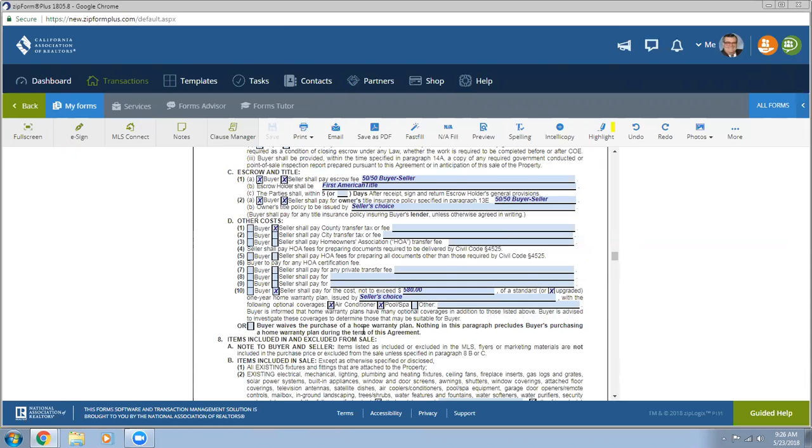So why do we have this? Why do we have to make everybody aware of this if the buyer is waiving this? Because if you don't buy it before the closing of the escrow, and then 2 months down the road, you say, you know what, I should have purchased that extended warranty. I'm going to buy it now. But you've been the homeowner for like 2 or 3 months already. Then you call the insurance company, you buy one. What's going to happen is they're going to make you wait a month or maybe 2 months before you can use this